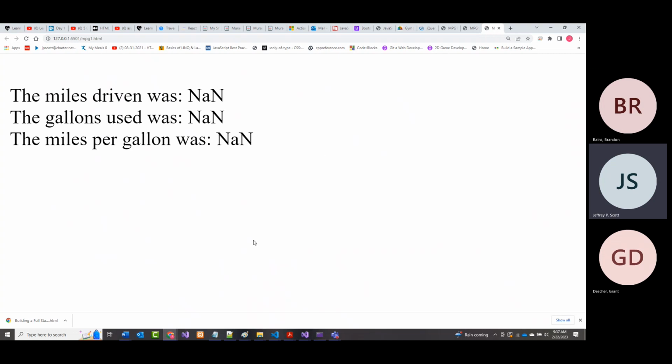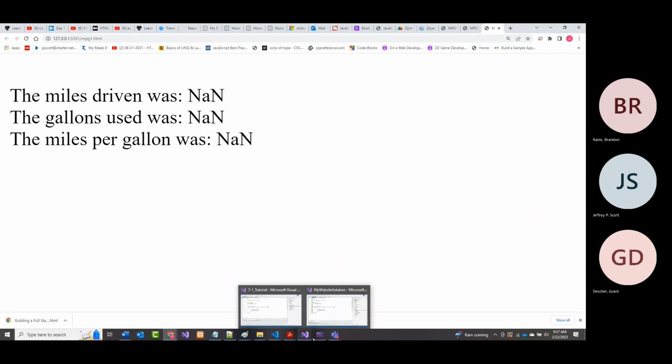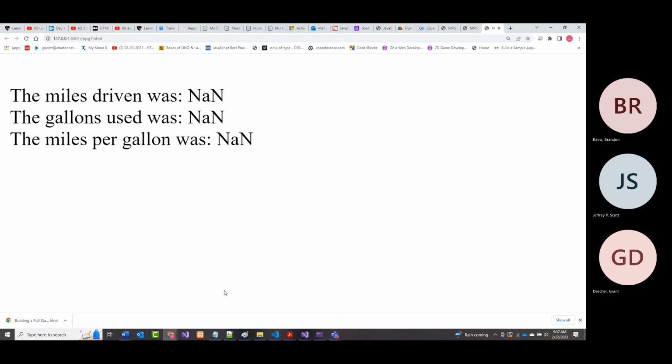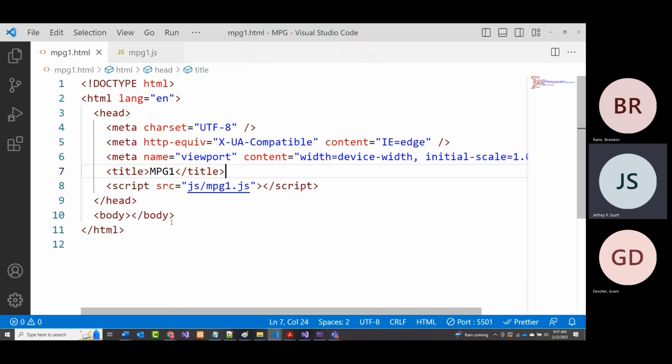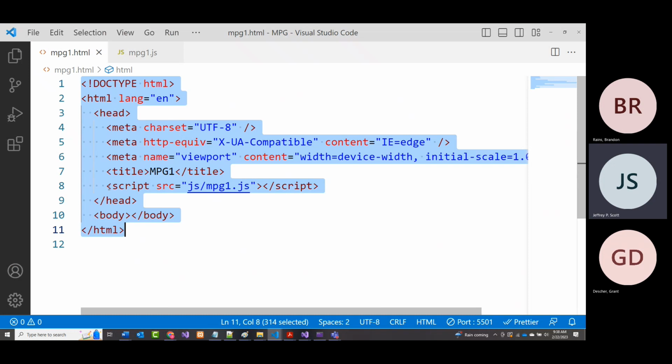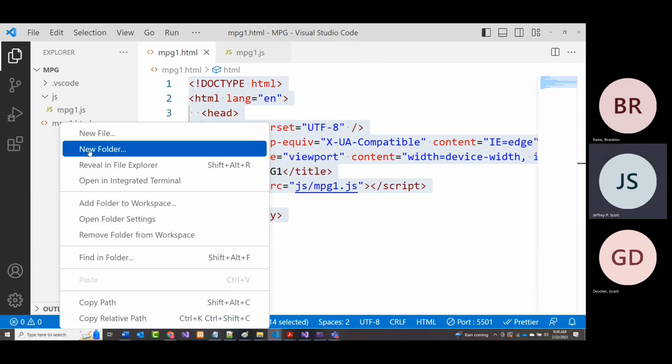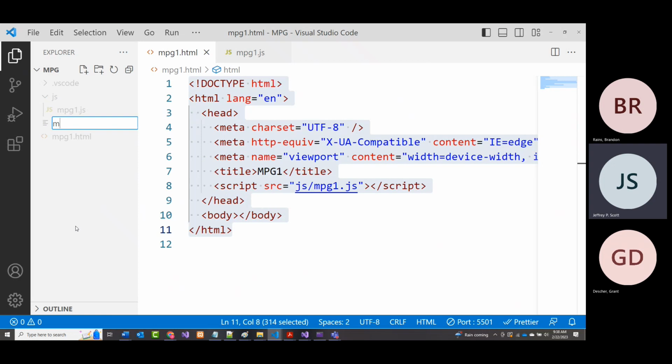All right. I'm going to leave this first one exactly the way that it is. Get rid of this. And this is the one I'm using here. All right. So I'm going to grab everything that's in this miles per gallon program. And I'm going to copy it to the clipboard. And I'm going to make a new file in here. Why? You'll see why in a minute. So I'm going to put a new file that's going to be called